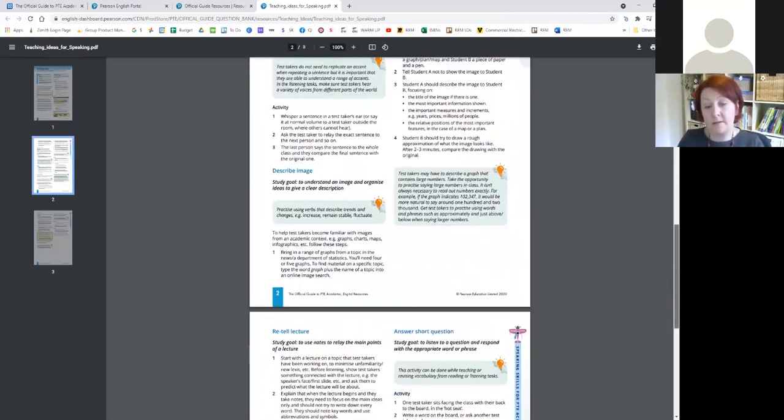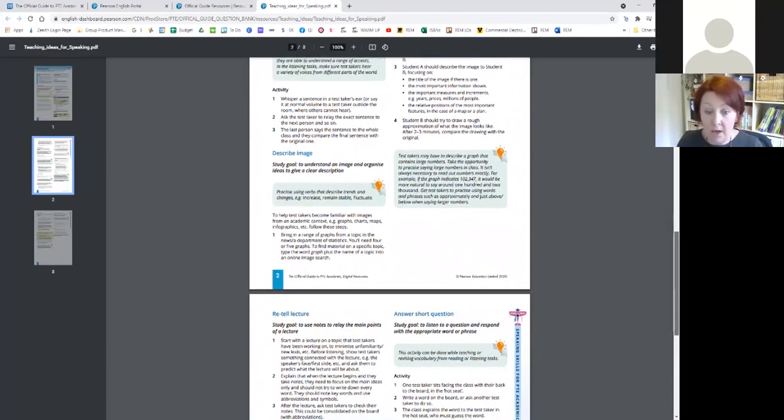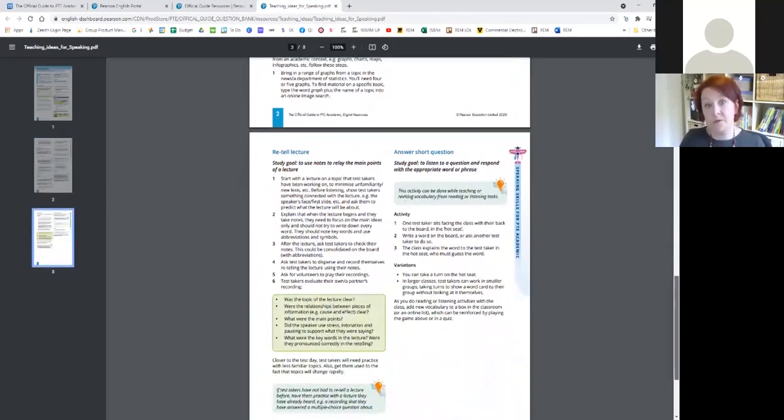And then per task type, so describe image, retell lecture, all of the task types, you get specific ideas for what to do with the students in class. So really, really helpful. And, you know, again, can be condensed to something you need to do quickly or spread out to be something bigger for students that have more time.